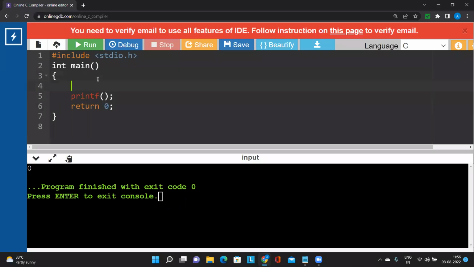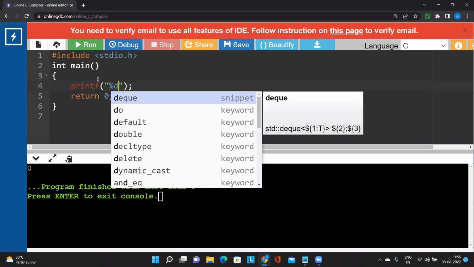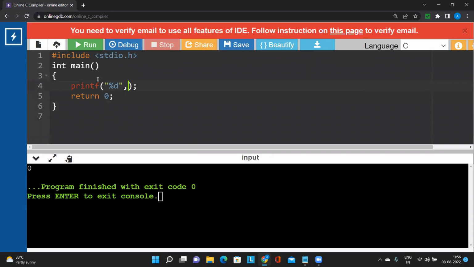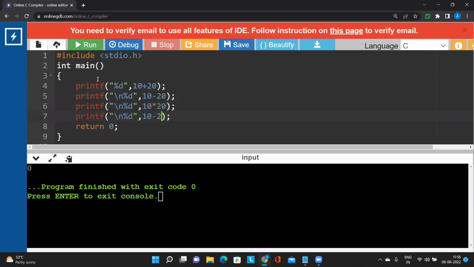There you go. I am just going to print the results directly, with the format specifier, comma, 10 plus 20. Let us print the second one in a new line. Let us use the minus operator. So addition, subtraction, and of course the multiplication. There you go. Now for the division,